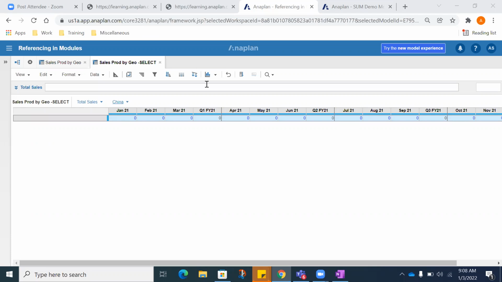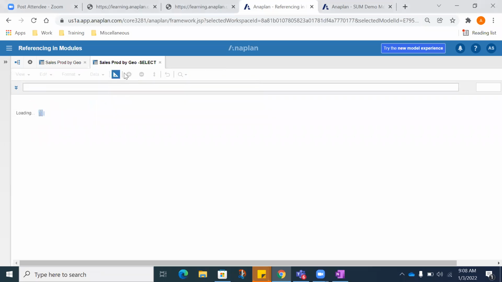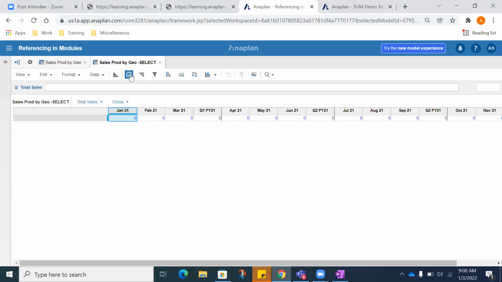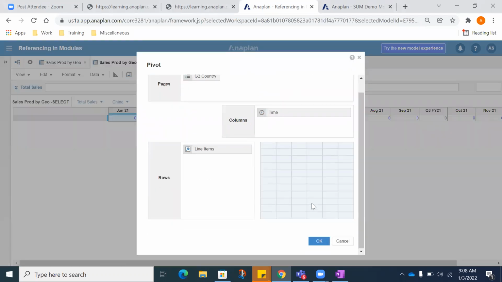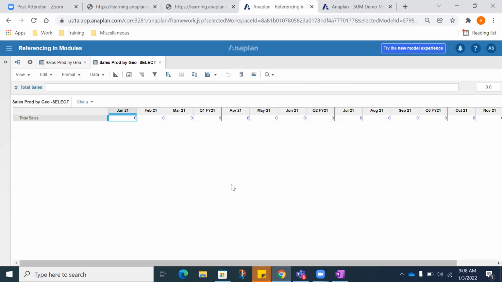So currently, if I just have a quick look over this module, like I mentioned, it's going to be based upon only the G2 countries, and there's a line item that is total sales. I'm just going to be bringing it over here. So if I just